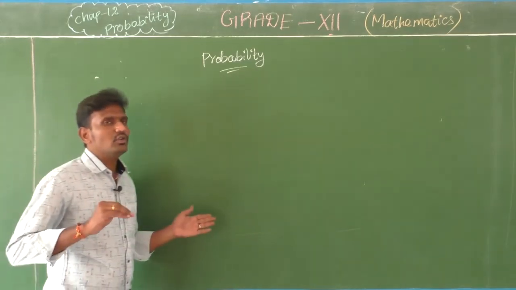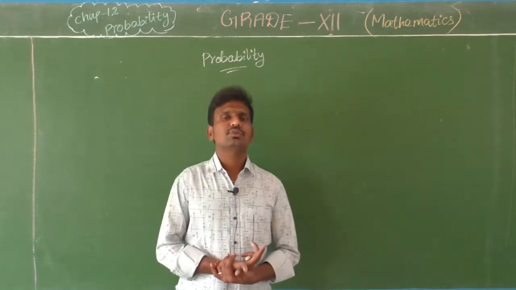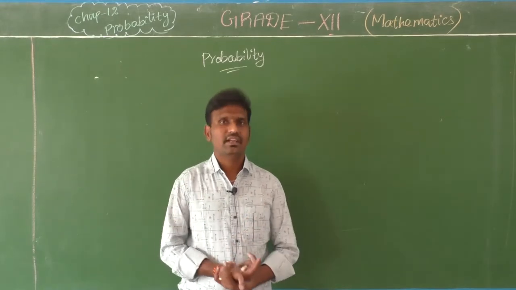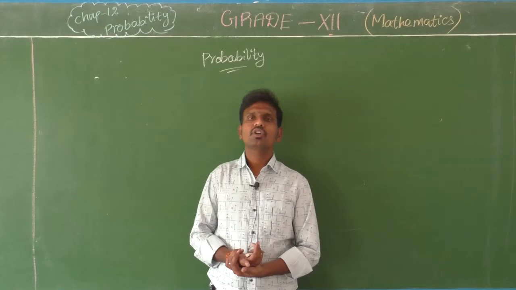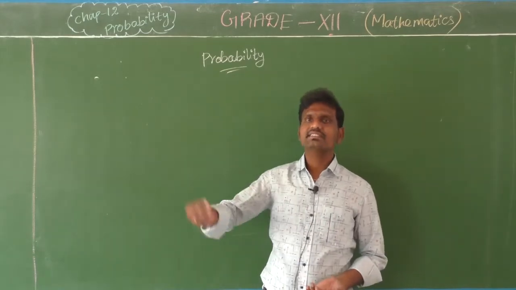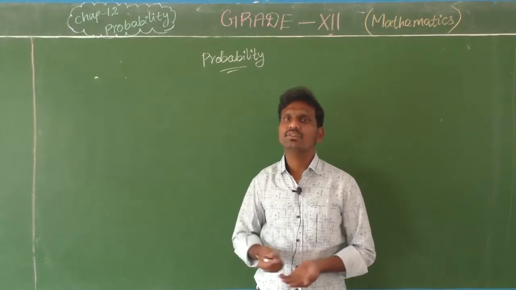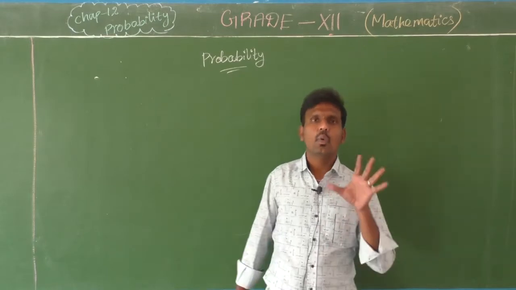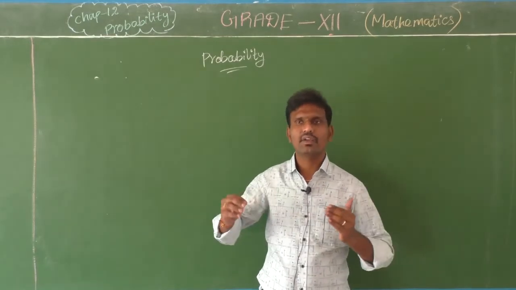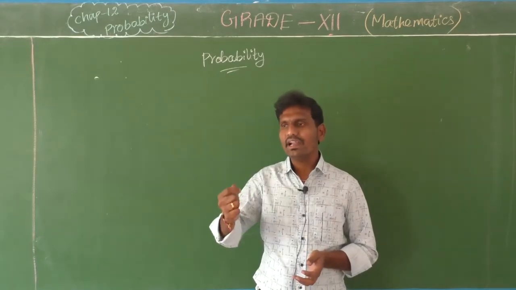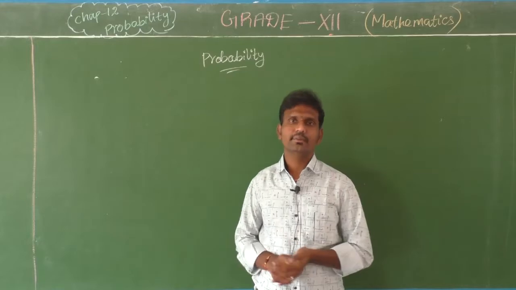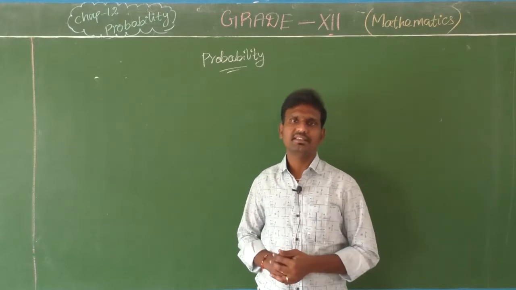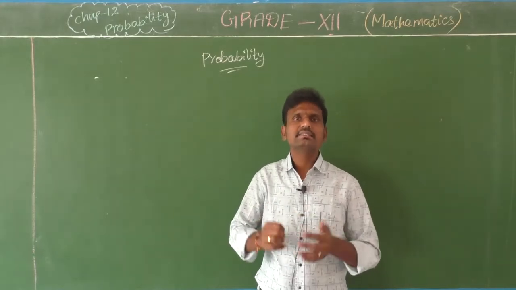Just because we want to recall the previous portions for probability. Probability means the event may or may not happen. Okay, so the types of probability, the events, trials, random experiment, outcome. These are the terms of probability we use the most, no? Event, you already know very well what it is. One event, one thing we are going to take. For example, if I take one coin and toss it twice or thrice or four times, this is one event. From the event we are going to collect the sample space.